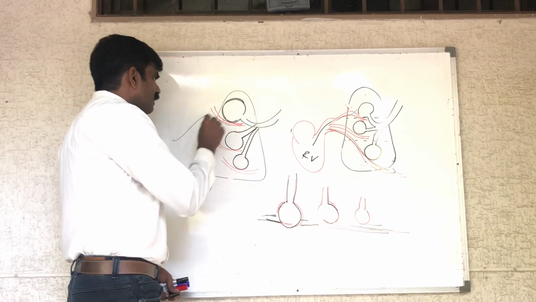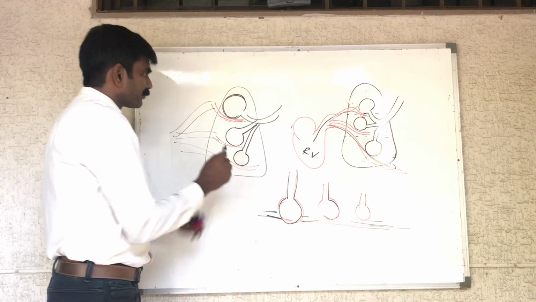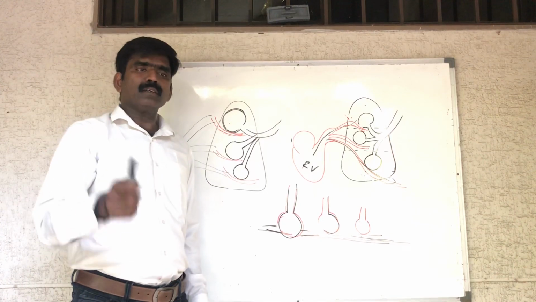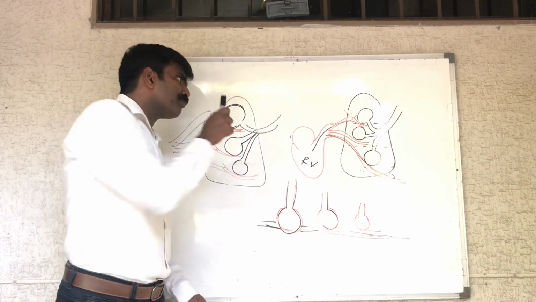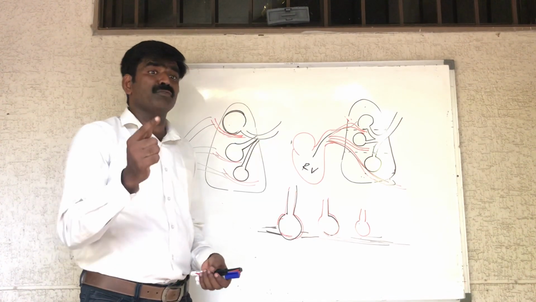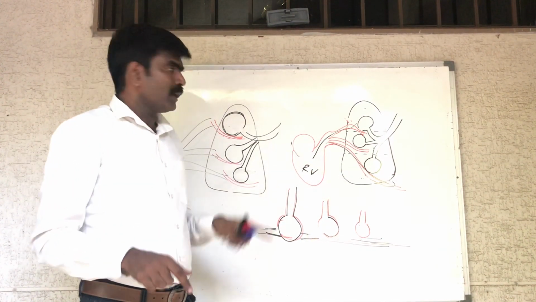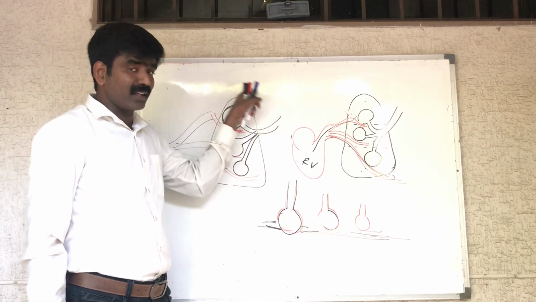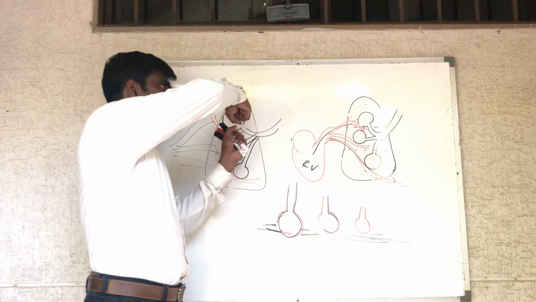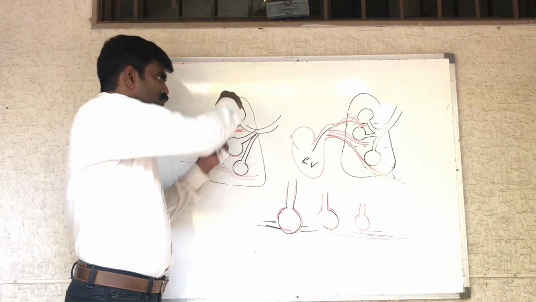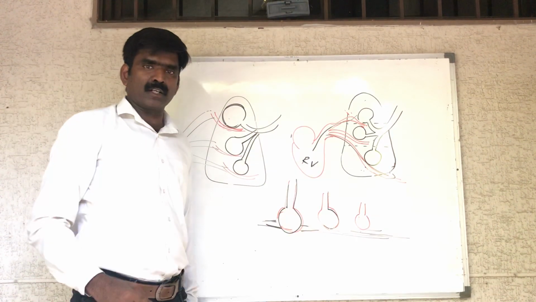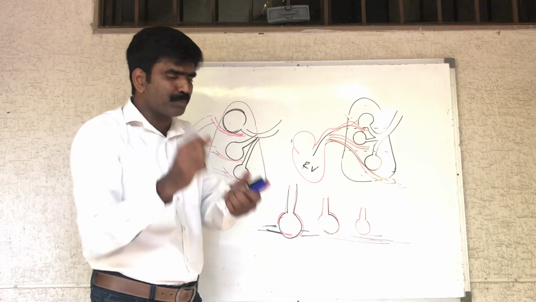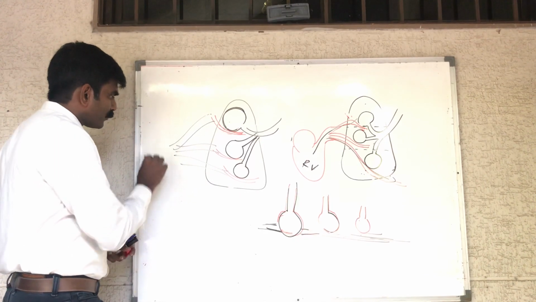So what happens? The resistance will be more in the upper zone, because the pulmonary artery lying next to the alveoli in the upper zone is compressed because of the size of the alveoli itself. And why is the alveoli size large? Because the negative pleural pressure is higher. Because of more negative pressure, it is more inflated. Clear? So because the alveoli is more inflated, the pulmonary artery lying closer to the alveoli is compressed.